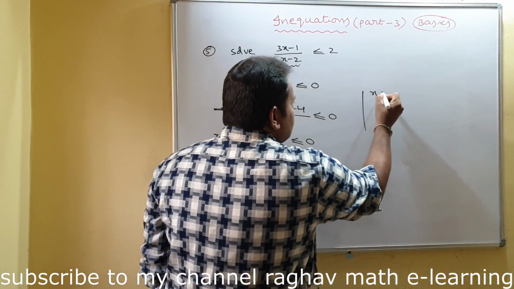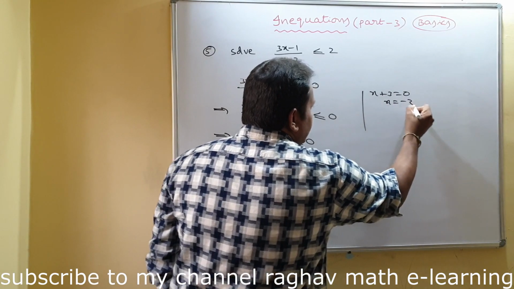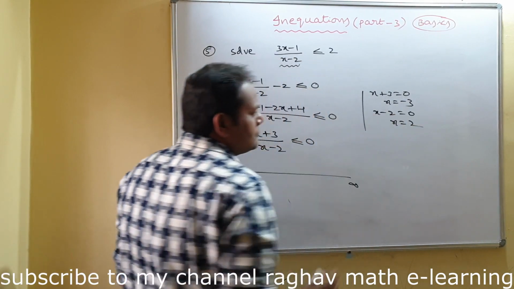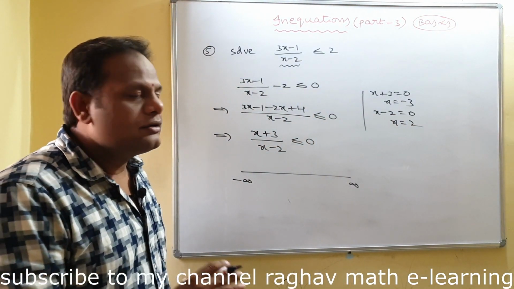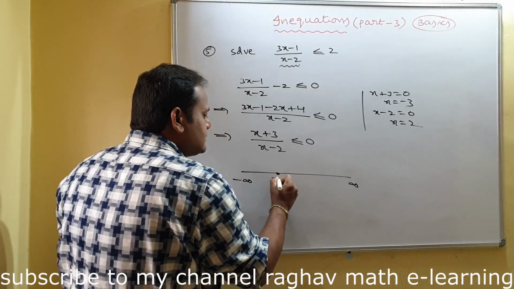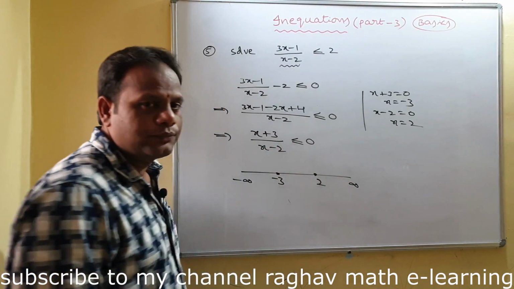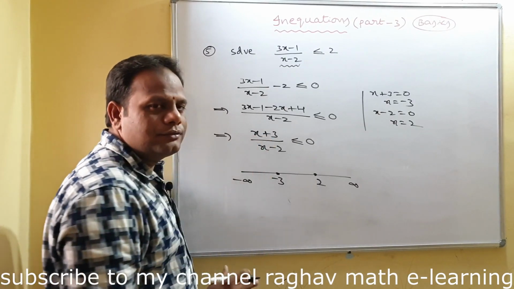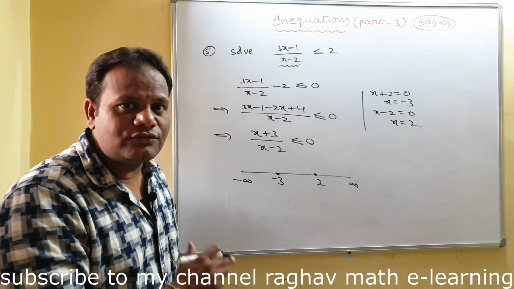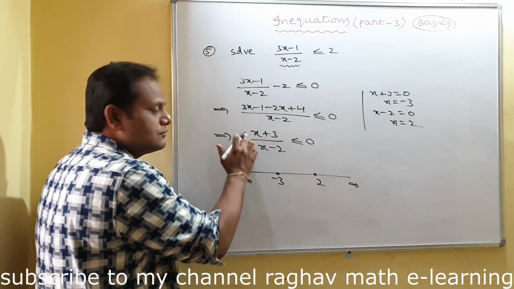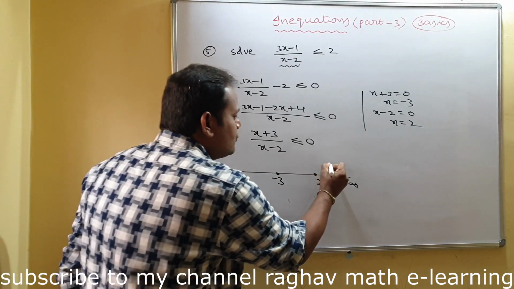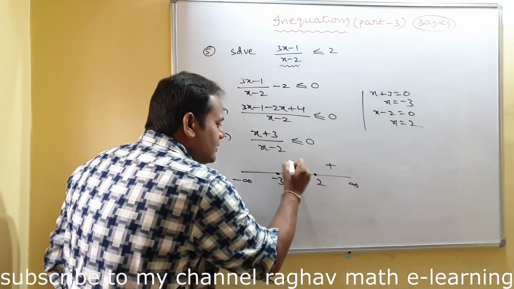So you take x values. In the numerator, x plus 3, take it as 0, x value minus 3. In the denominator, you take x minus 2, it is 0, suppose x is 2, is it? So what values did we get? Mark them on the real line in increasing order. So it is minus 3. This is 2. Okay, right. See now. Here, now you check the x coefficients. Are they positive or negative? See, the x coefficient is positive. Here the x coefficient is positive. Yes. So, in the rightmost interval, you take the positive sign. Alternatively, you change the sign.